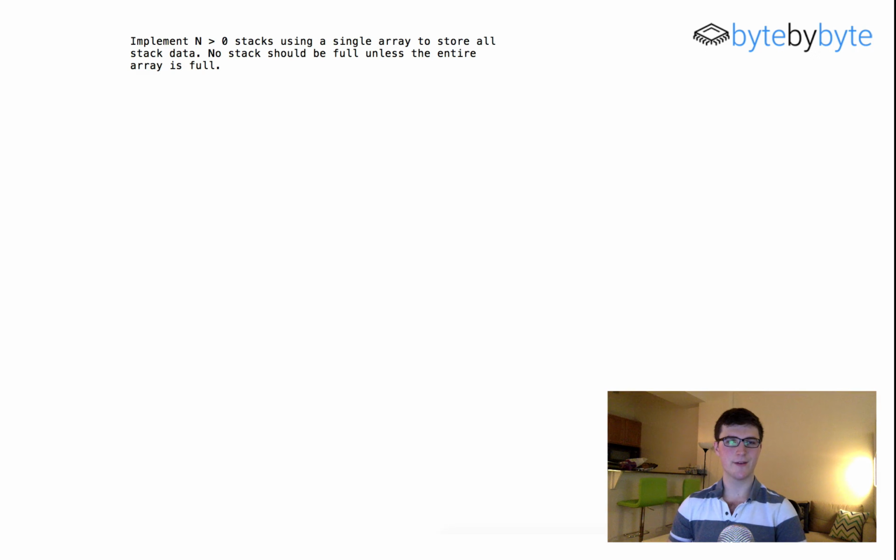Hey guys, so today we're going to do a stack problem, and we're going to make it a little bit more interesting than a typical stack problem because we're going to say that we're using an array to store all the data for our stack, and we can have as many stacks as we want that are all going to have to be stored in this one array. So it's going to make things a little bit trickier and a little bit more fun, so let's go ahead